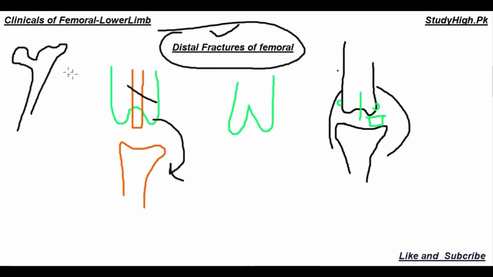Whereas for fractures of the shaft, I also informed you about the diagonal or spiral fracture and the consequences of this spiral fracture of the shaft of the femur, and in what type of person it occurs: it occurs in children below 16 years of age. Whereas fractures of the distal end of the femur result in separation of condyles, misalignment of this joint, and hemorrhage of the popliteal artery, and the blood supply to the leg will also be affected because of hemorrhage of the popliteal artery.